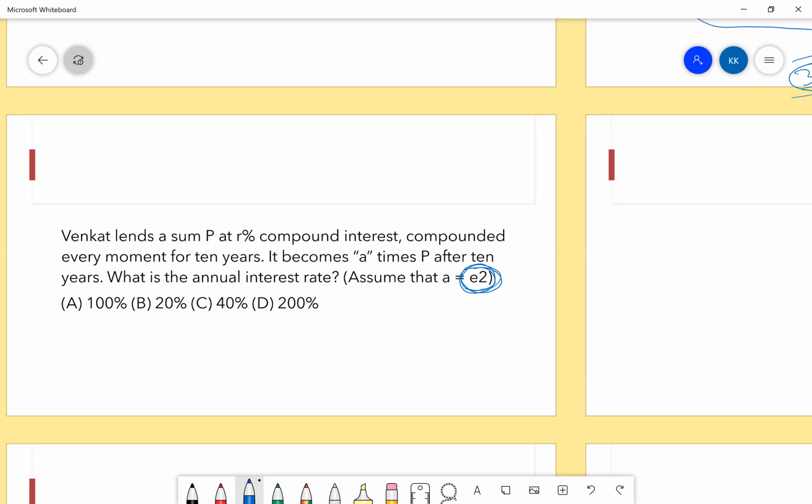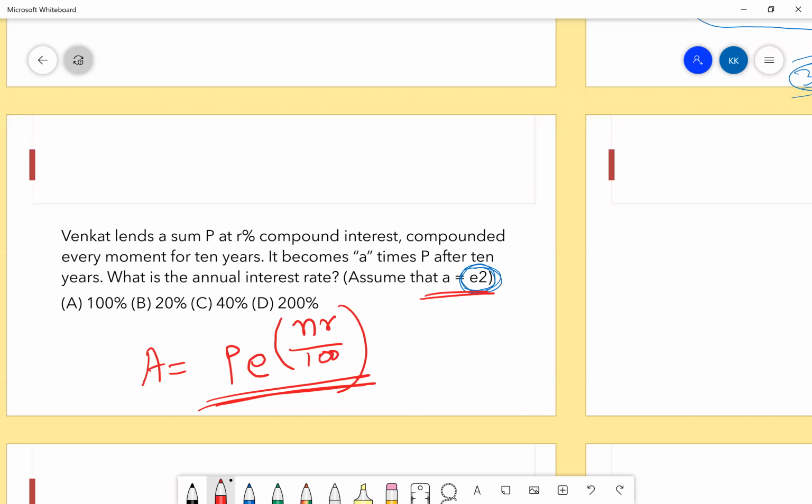Guys, one important thing. For per second, there's a formula that you need to remember, and that is the amount is principal into e raised to the number of years into rate by 100. That is what gives you the amount. Use this formula. This is the better part because it is given in this way. This formula is derived by approximation of the original formula. You can use the original formula, but it will take much more time. This will give you better results.